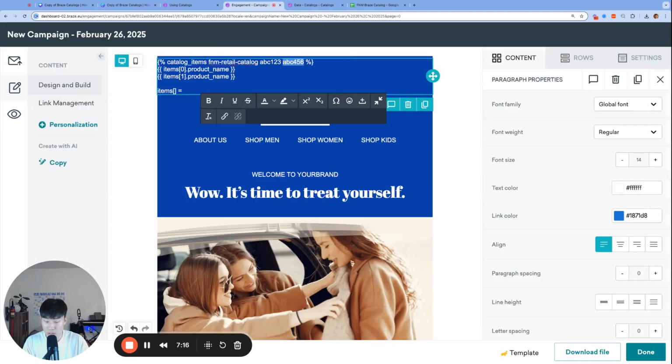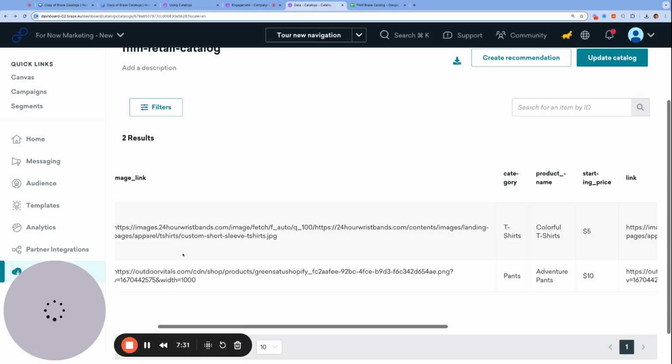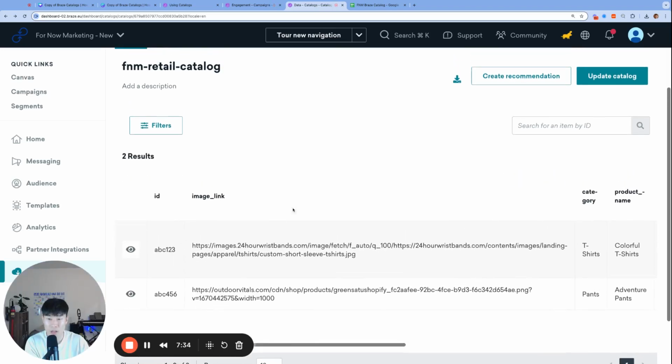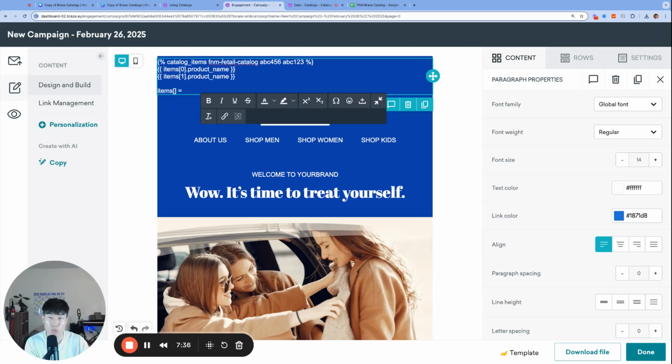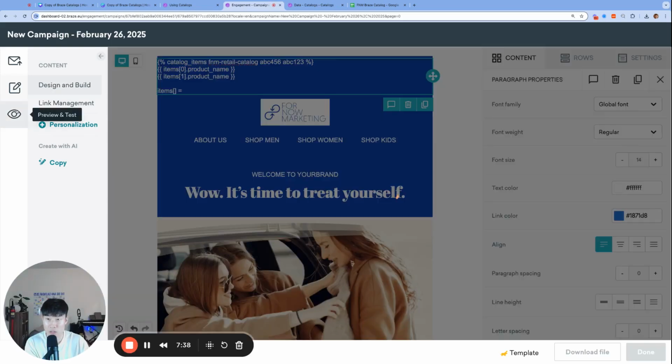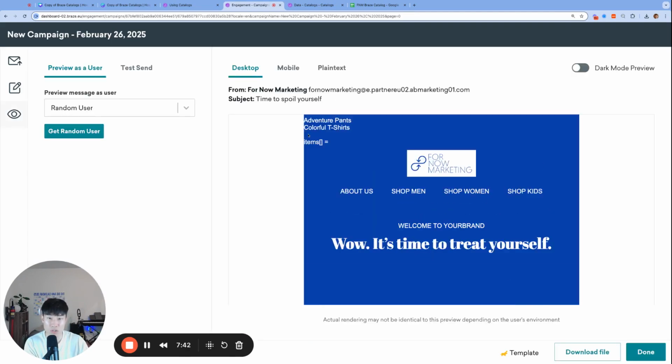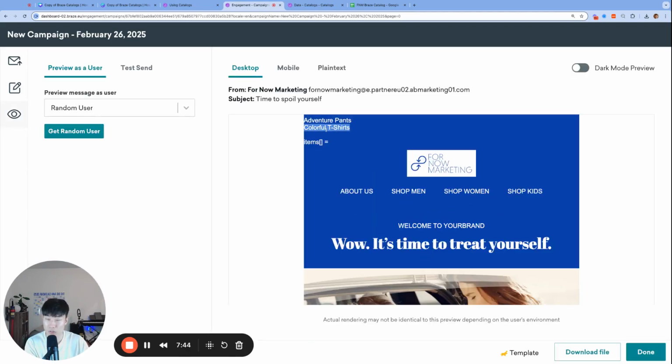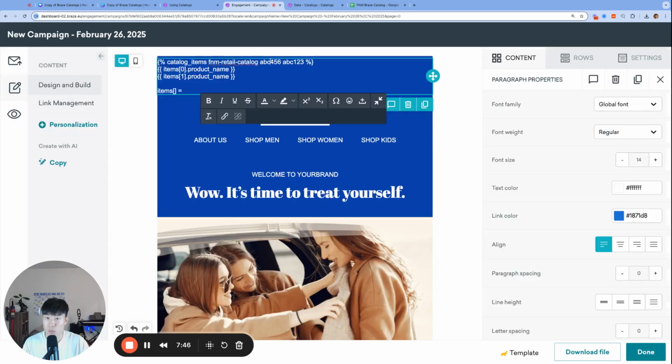So if I simply go ahead and swap these two and put 456 before 123, what's going to happen is now item 0 is referring to the row ABC456, and item 1 is referring to ABC123. So once again, the order of the catalog within the catalog does not matter. It's the order in which we're calling the items. Let's take a look. And we should see adventure pants first and then colorful t-shirts. Adventure pants, colorful t-shirts. Okay, so let's actually switch back